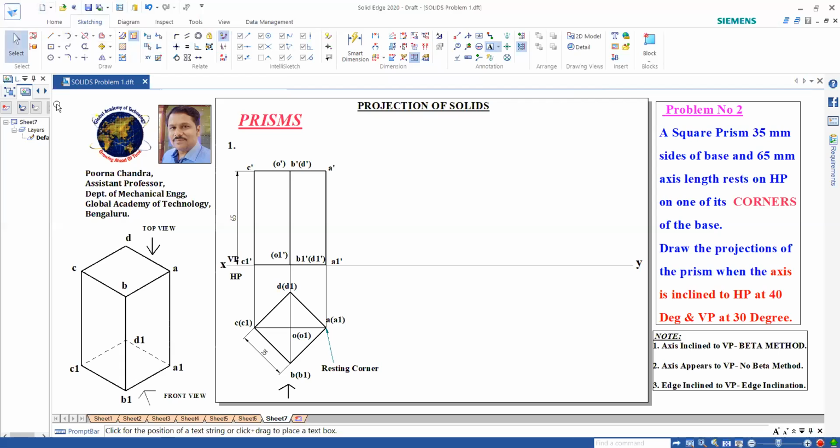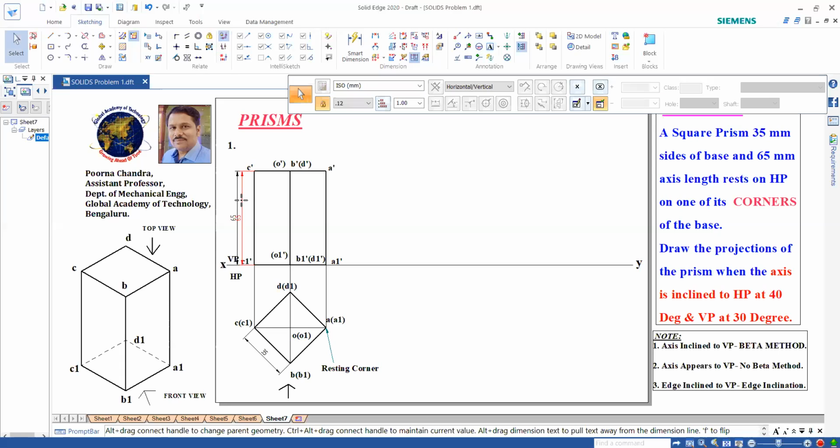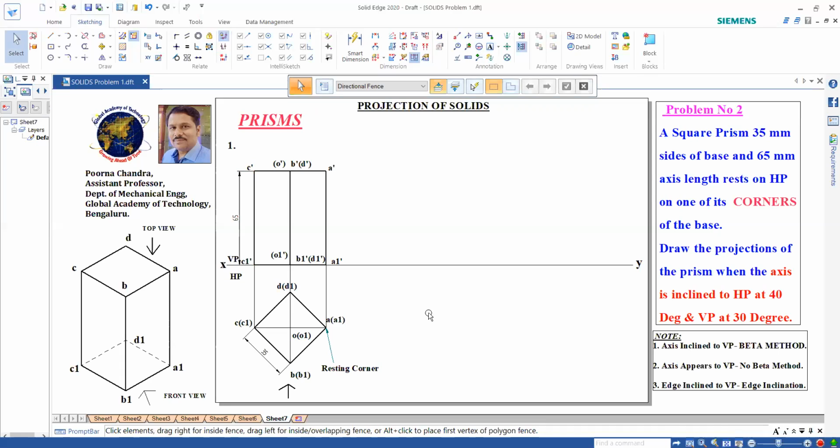Okay, now we are done with this. So this is fine. Now the second position: it is told that the axis of the prism is inclined to HP. Second position is always HP, third position is always VP. So the axis is inclined to HP at 40 degrees, so I need to rotate this by 40 degrees.